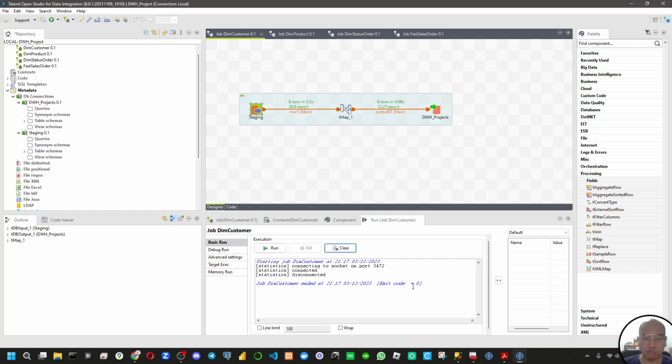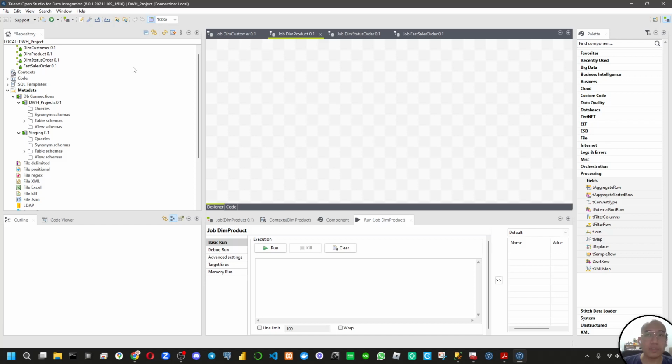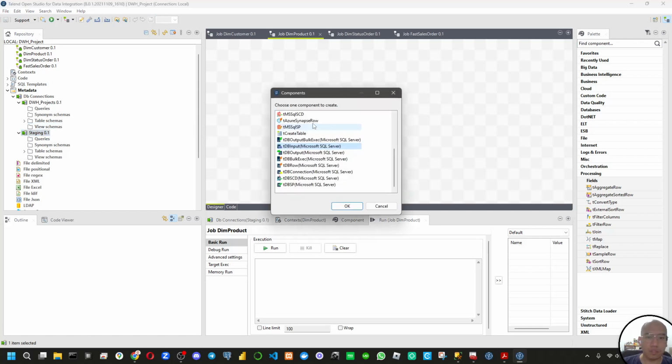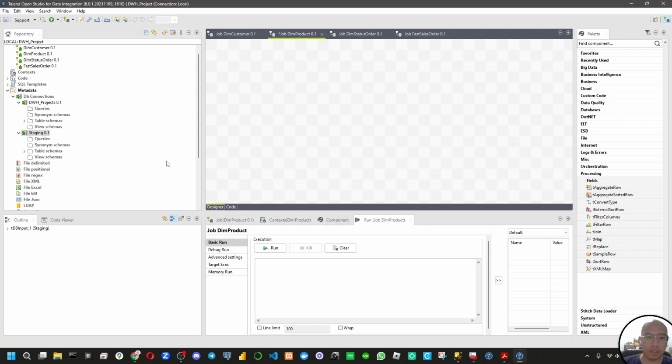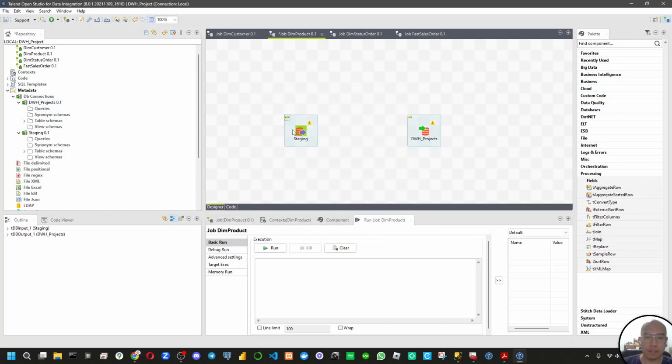Then we're gonna do the same thing with other tables. Now for the table, we don't need the transformation. We click the job here, and then we drag and drop the input and the output. Click on the input, drag and drop the yellow arrow here.